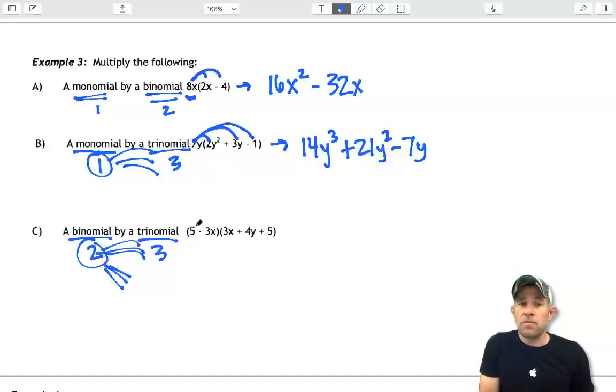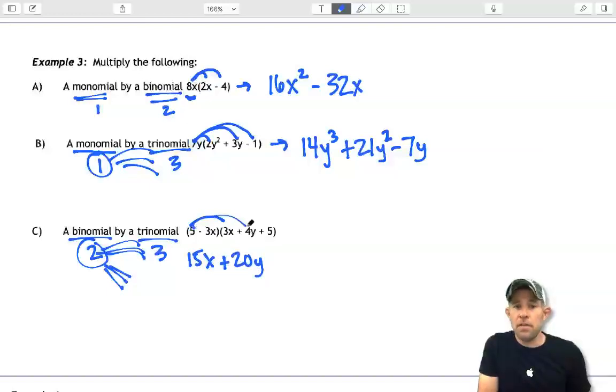So let's go through. We have 5 times our 3x is 15x. 5 times our positive 4y is plus 20y. And then 5 times our 5 is a positive 25. All right, next we're going to make sure our negative 3x gets multiplied to each one of those terms